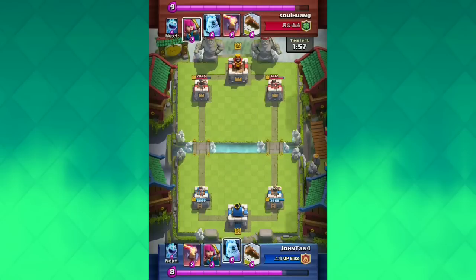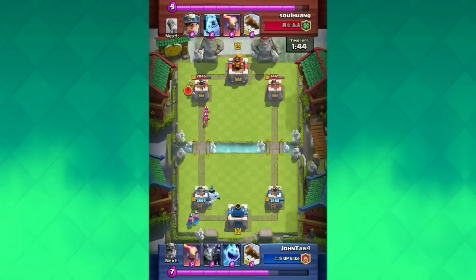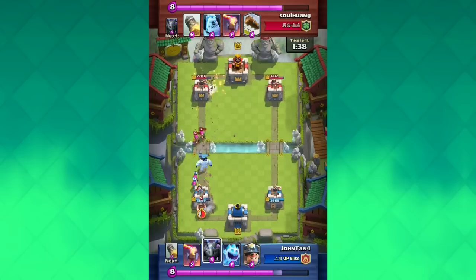So the first card on the list is the Hog Rider, and the Hog Rider is just a clear card that should be upgraded, in my opinion, to a legendary because of its high usage rate. I mean, everybody has a Hog Rider in their deck nowadays. Unfortunately, I do not actually use the Hog Rider, or upgrade the Hog Rider. I don't even like the Hog Rider, but for most people the Hog Rider seems to be a really good